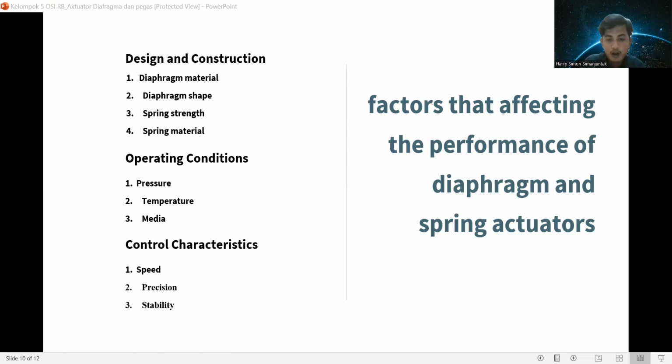The precision of diaphragm and spring actuators can be affected by hysteresis, nonlinearity, and vibration. Stability. The stability of diaphragm and spring actuators can be affected by fluctuation in pressure, temperature, and medium.